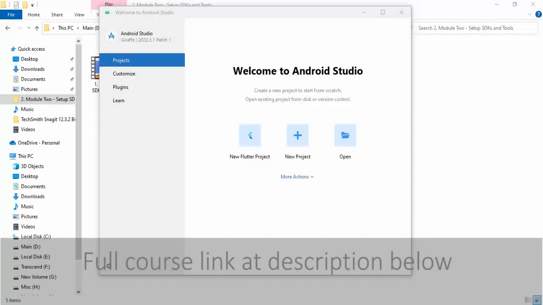Let's create an emulator so that we can run and check our app on the virtual devices. Also, we can run our application on our real devices. That means the real smartphones, Android smartphones. We can connect using a USB cable to our computer and then connect to Android Studio, then run directly to